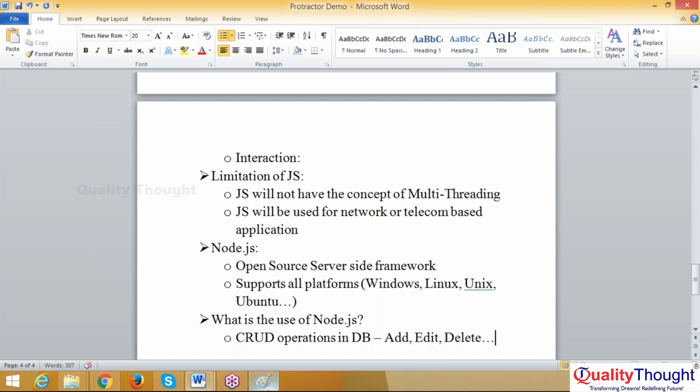Create, update, delete operations are nothing but add, edit, delete. So Node.js can be used to add, edit, delete, modify the data in the database,